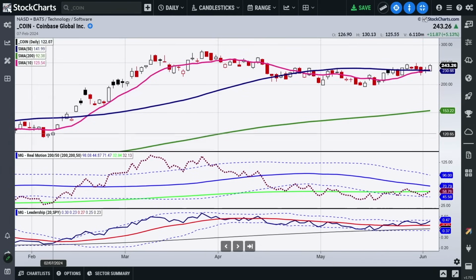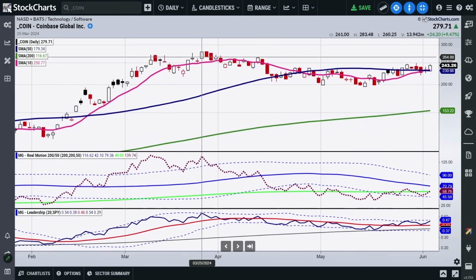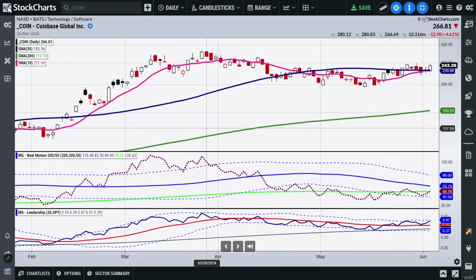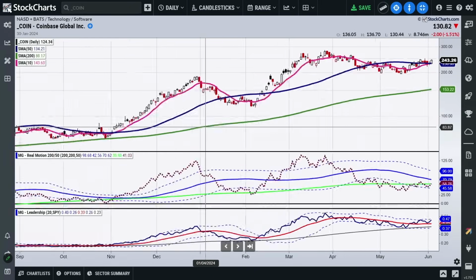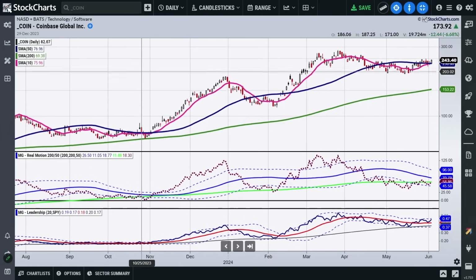We certainly saw that momentum play back in February when this thing rocked and rolled its way all the way up to its high, which was at 283. I think from 250, we can see 280 easily. And if we just scroll back a little bit here in time, we can also see how well this has consolidated here at around 195, 196. That's a really big area to hold. But that also tells me that we could see maybe a $60 move up from about 250, which would put it at a target around 310.